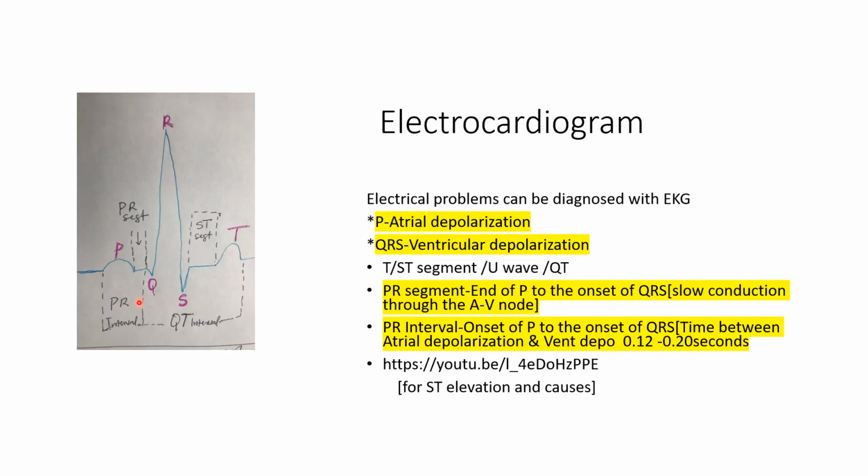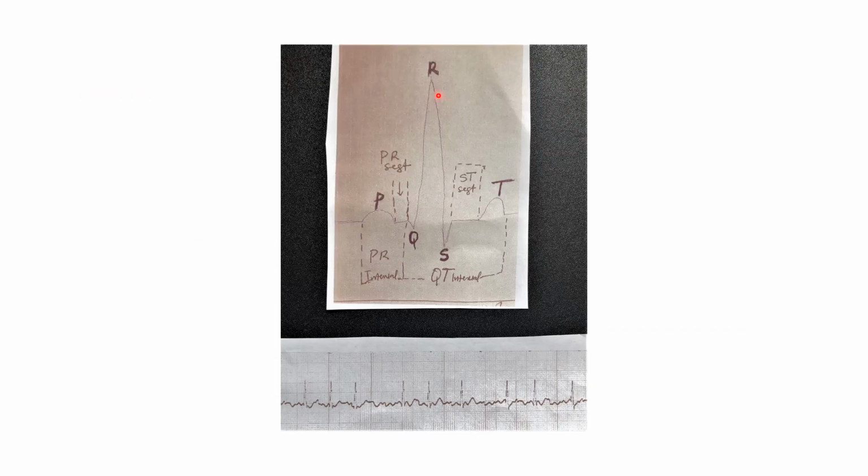I have a rough sketch here. This is the P wave, QRS complex. The P wave gives us the indication about atrial depolarization. The QRS complex is ventricular depolarization. Now the PR segment, the PR interval. For details, you can click on this very link. You get further pieces of info on that. Okay, you can see this, and then this is